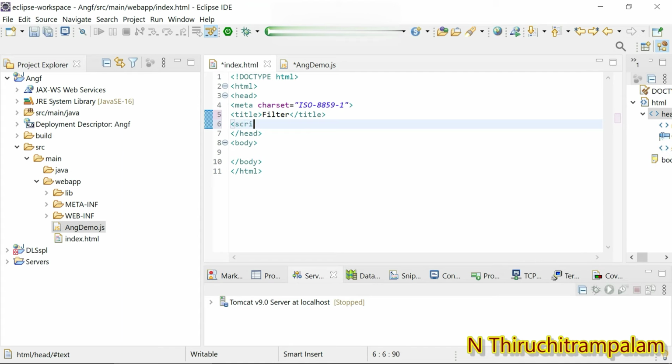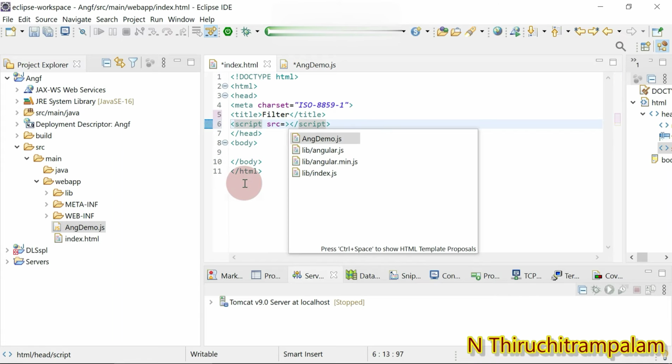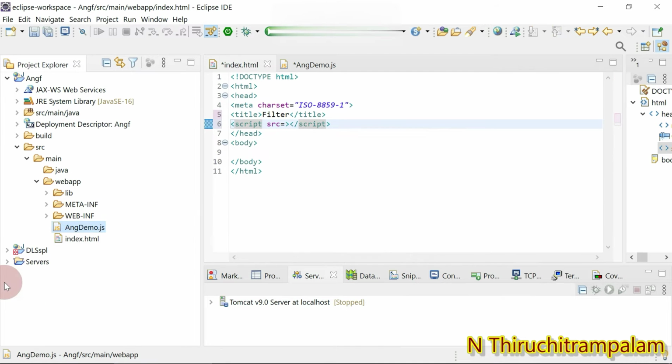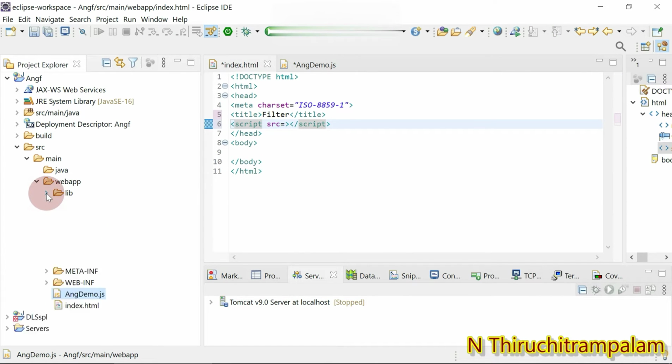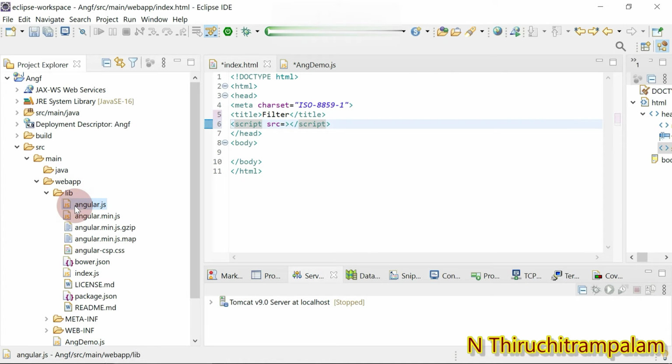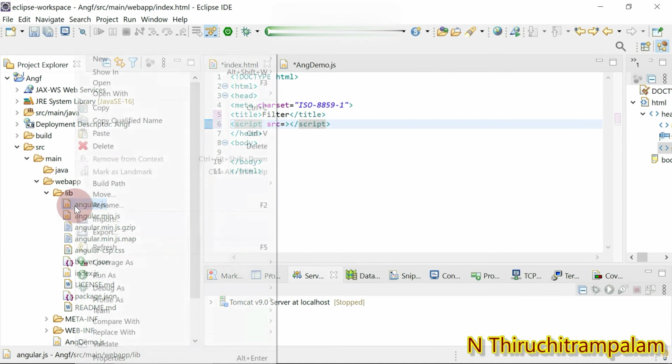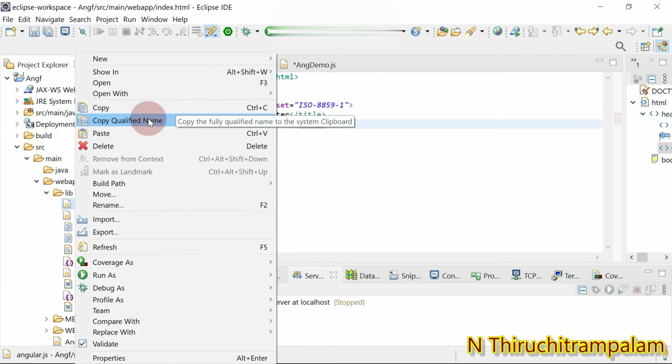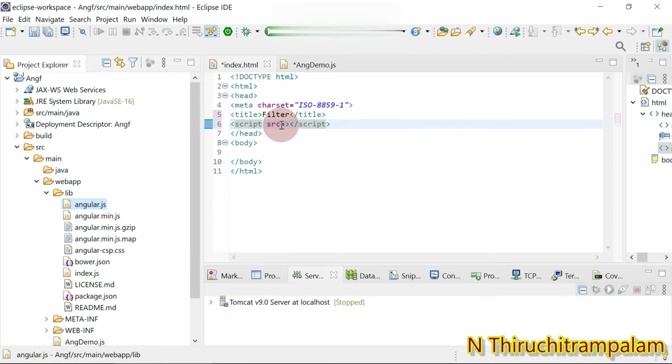So I give script, and the src attribute is assigned the AngularJS file. Here you can see, go to the lib folder, you can find the angular.js file, right-click on it, copy qualified name, and assign it to the src attribute of the script element.